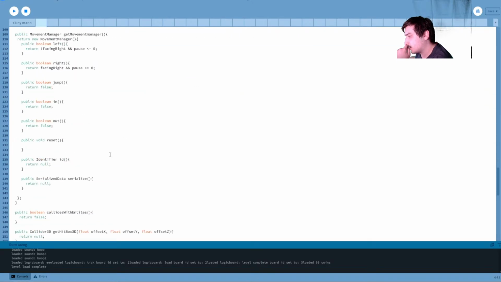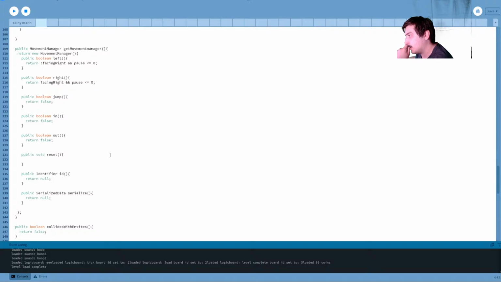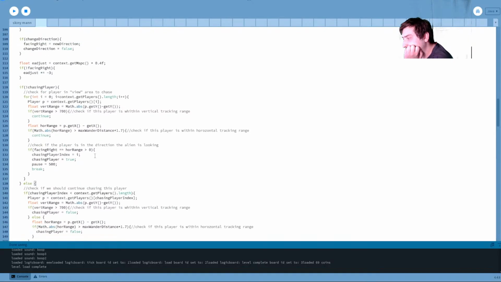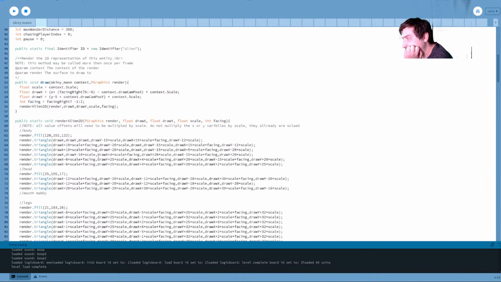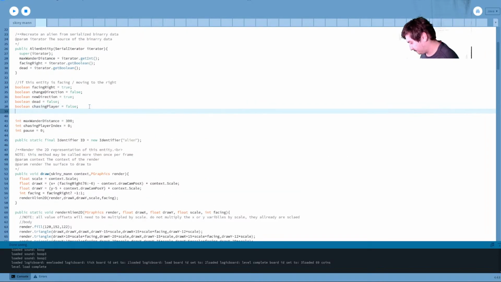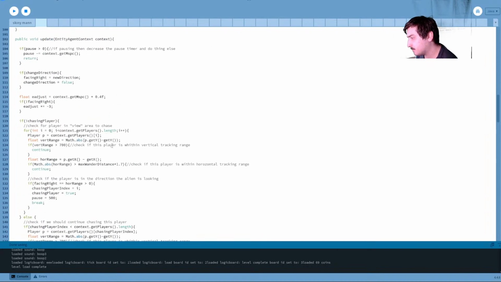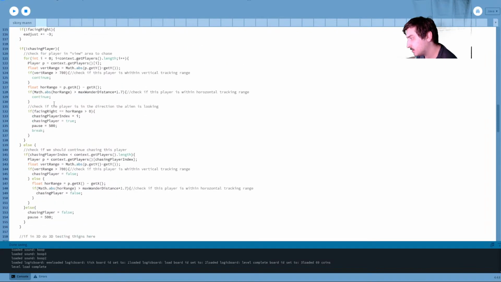Oh, in this situation also, we might want to have it not move if it's within like here. Let's make it so that it can also just not move.